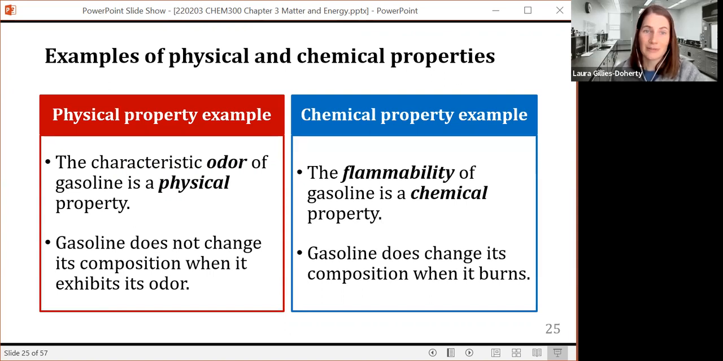So, for example, more examples, the characteristic odor of gasoline is a physical property, right? When you smell gasoline, like you're at the gas pump, you're smelling the gasoline because the liquid form of the gasoline has vaporized into a gas, and that gas floats through the air, goes into your nose, and you detect it with your